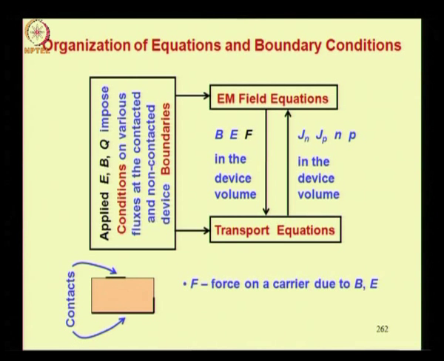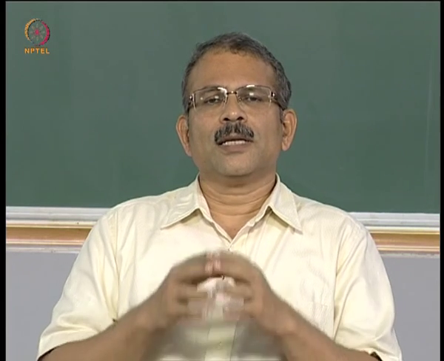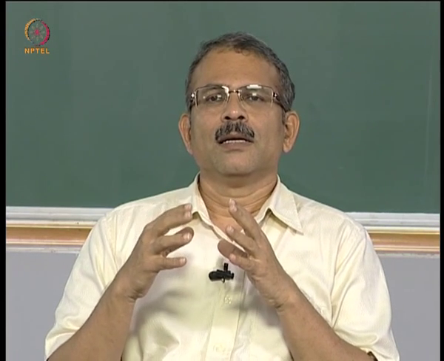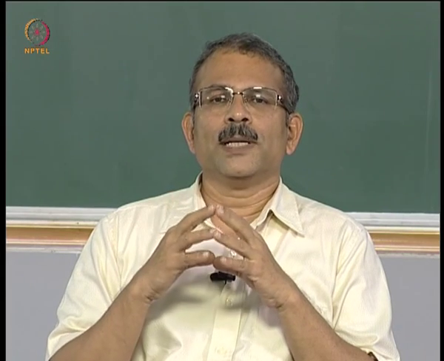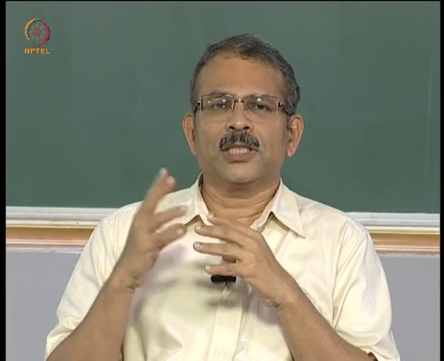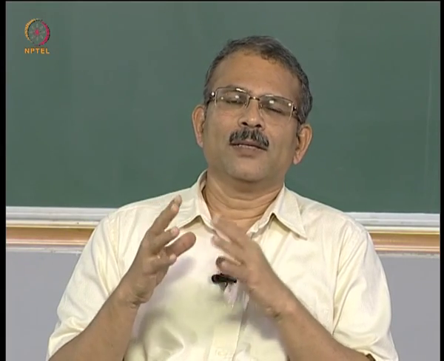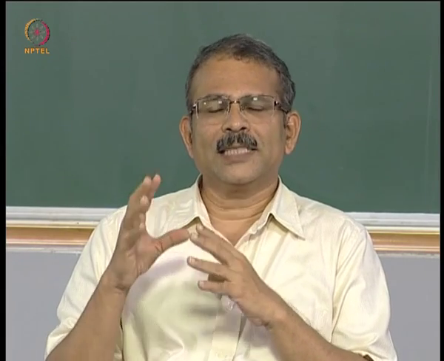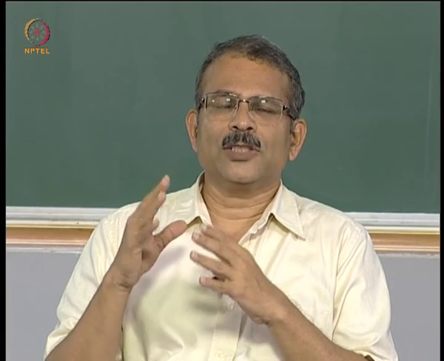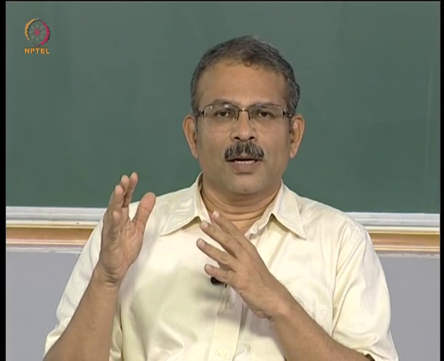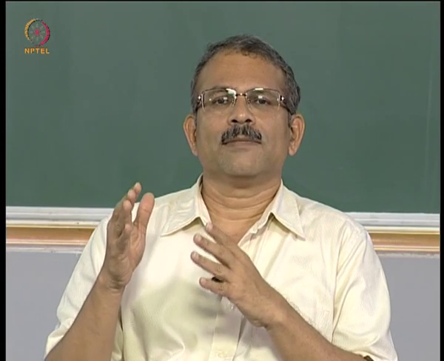Now what we did was we entered into each of these boxes and then discussed the equations. We did not pay much attention to the boundary conditions at this point. This is something that we will do when we discuss the drift diffusion model in detail, giving the complete expression for mobility including all scattering effects, generation recombination terms and so on. So at that point we will discuss the boundary conditions, because that is the model that we are going to use in this course and actually solve current versus voltage characteristics for devices using the model.